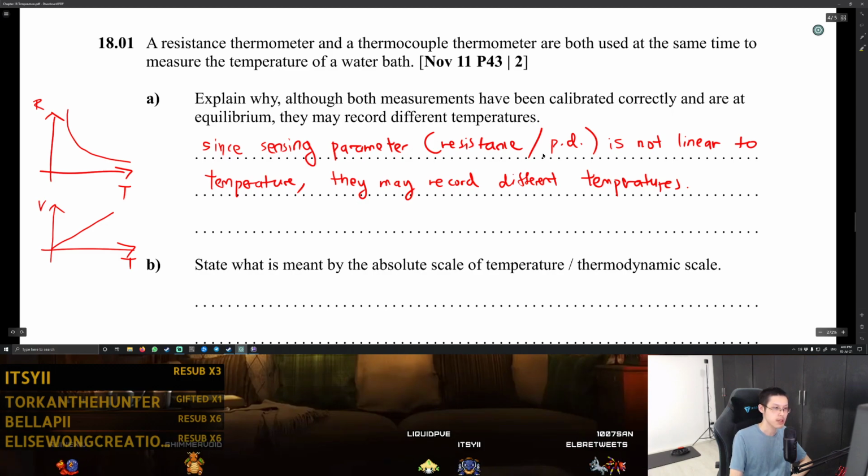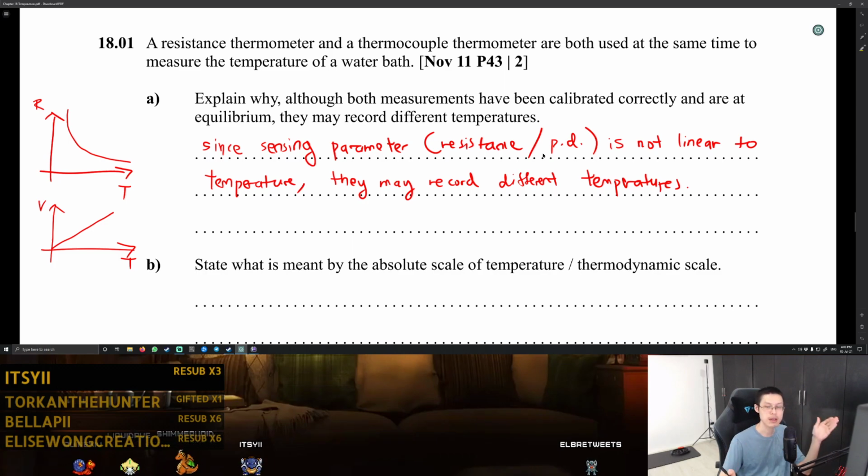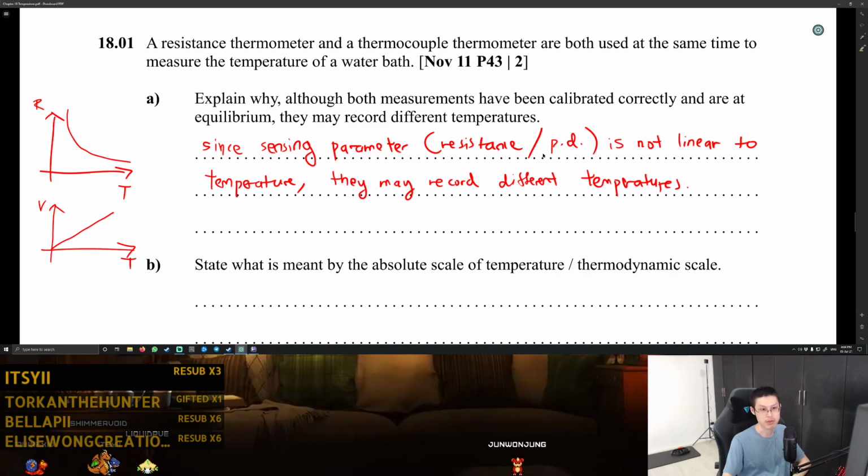Then for part B, state what is meant by the absolute scale of temperature. So the absolute scale of temperature is a scale that is independent of the physical property of an object. So it only depends on, say, things like kinetic energy, which is not a physical property. A physical property is something that you can measure. So kinetic energy is not something that you can measure,